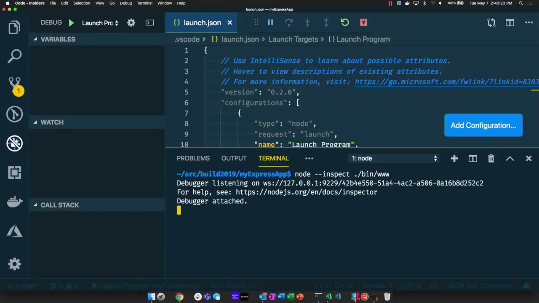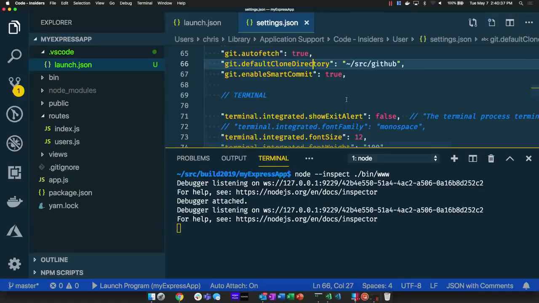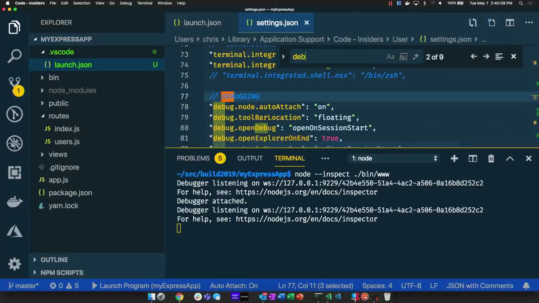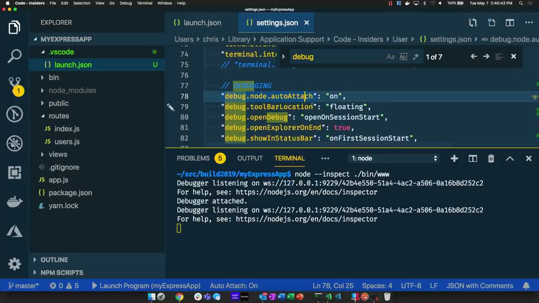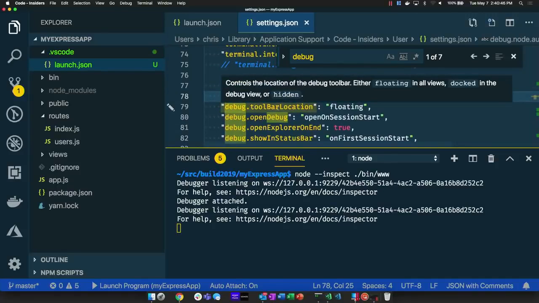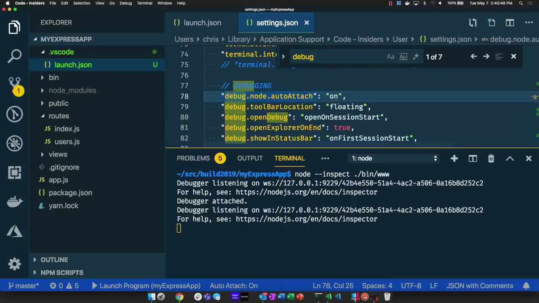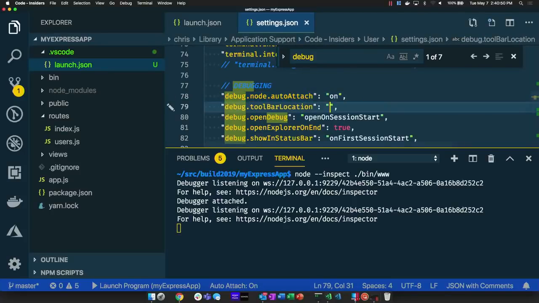But you notice when I did that from the terminal, the debugger started up at the top. That's because I have a feature turned on in settings. It's called auto attach. When VS Code sees that a debuggable node process started, it'll actually attach to it. There's a couple other interesting things in here. If we go to the debug area, I have auto attach turned on by default. Another thing we have here is debug toolbar location, floating. This is the traditional way that it works, but if you say I want it to be docked, the next time that I press F5,